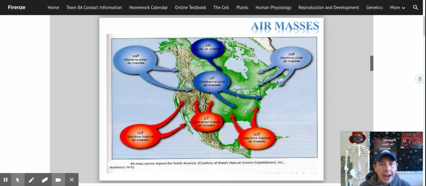All right? So again, an air mass is a bubble of air that takes on the characteristics of weather of where it was formed as it crosses our country over a couple days, and you have that type of weather for a few days at a time. Okay? Very simple to understand. Air masses. Got it, Bones? All right.